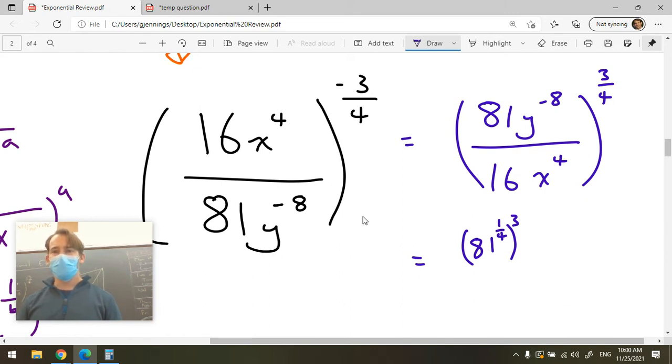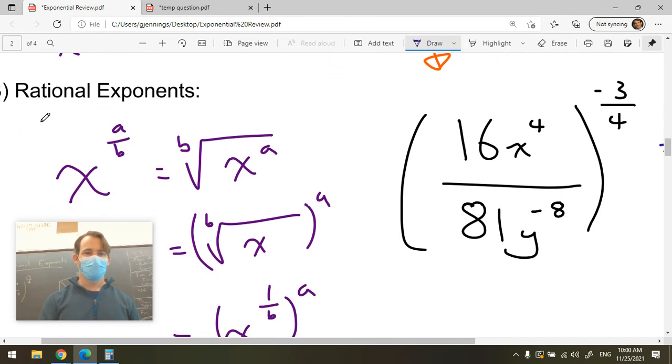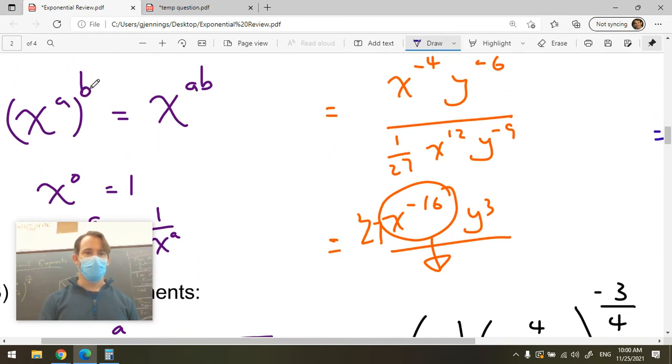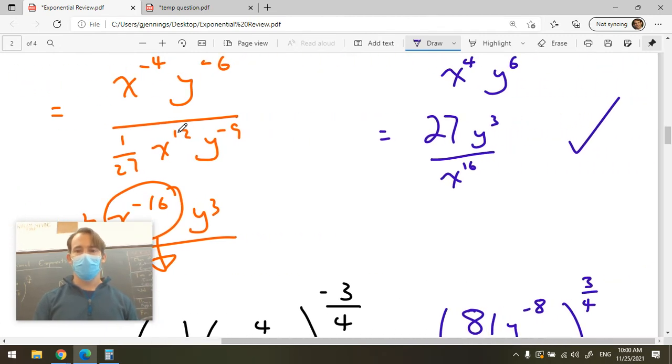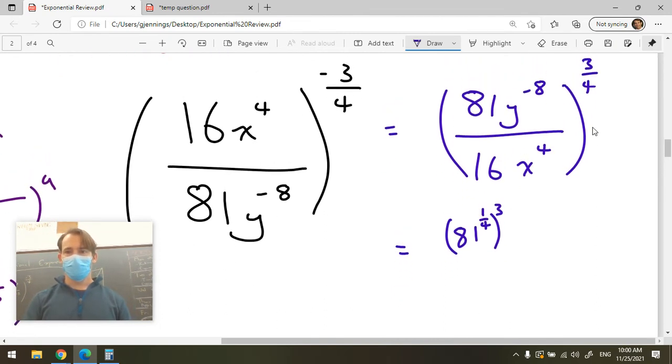Y to the negative 8 to the 3/4. What rule do I apply here? Just multiply. Negative 8 times 3 over 4. What's that? Negative 6. Negative 8 over 4 is negative 2. Negative 2 times 3, negative 6. So that's y to the negative 6